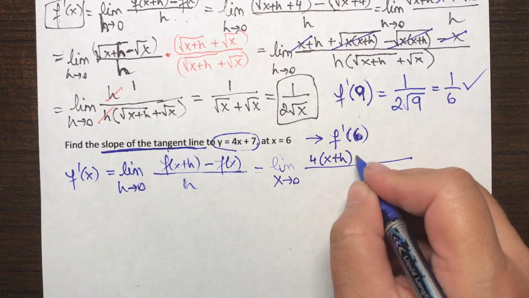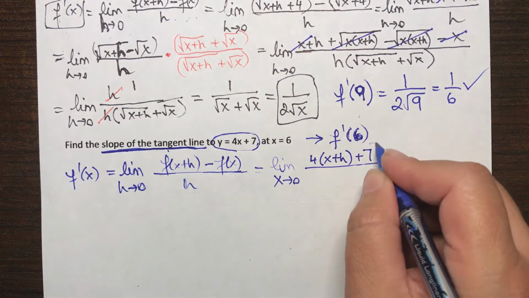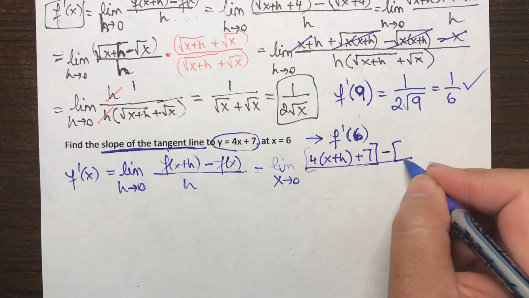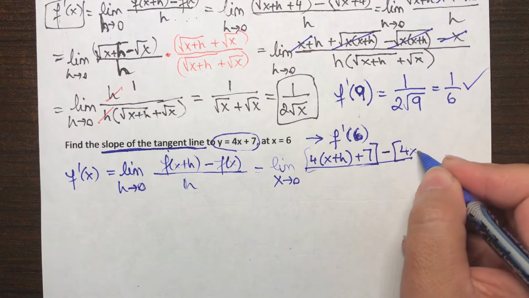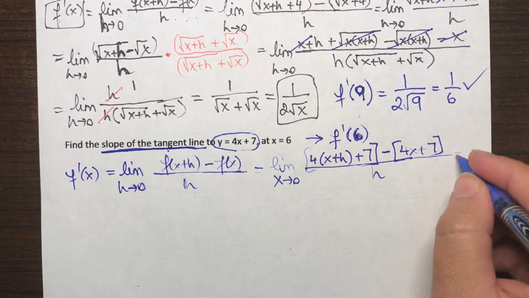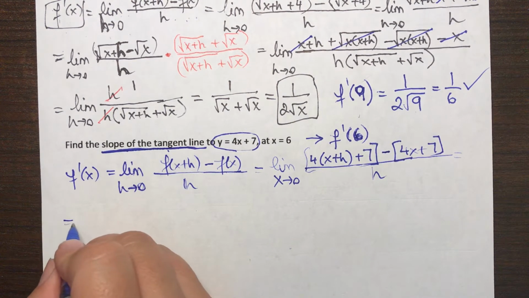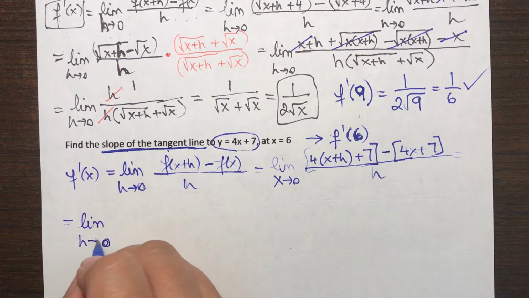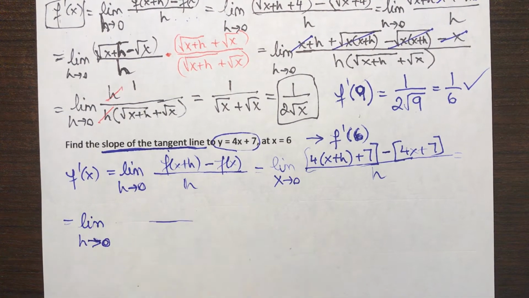Plug in x plus h for x, minus, again, f of x, which is 4x plus 7. Okay, so that's the limit as h approaches 0 of,